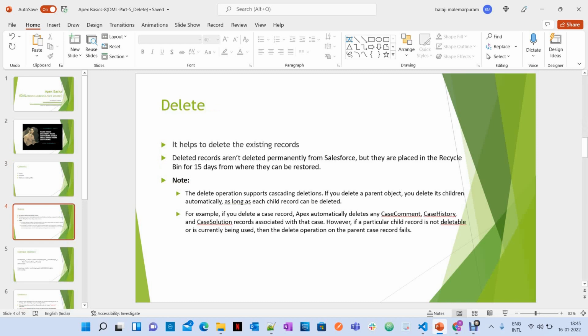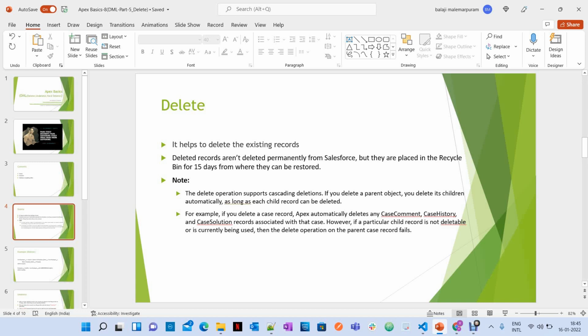Once you delete the records with the delete statement, they are not deleted permanently from Salesforce. Instead, they are placed in the recycle bin of your Salesforce instance for 15 days. And you can restore those records by going to the recycle bin or with undelete statements also.